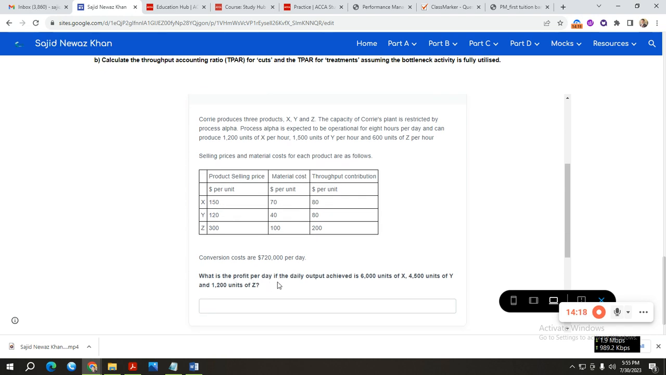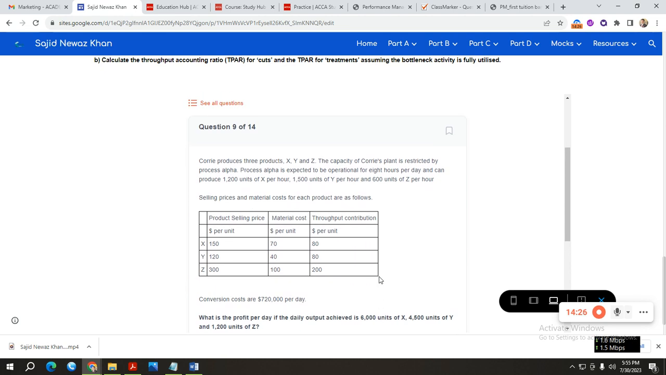What is the profit per day if the daily output achieved is 6,000 units of X, 4,500 units of Y, and 1,200 units of Z? Okay, so এখানে কি কি তথ্য দেওয়া আছে? And can produce 1,200 units of X, 1,500 units of Y, whatever. So